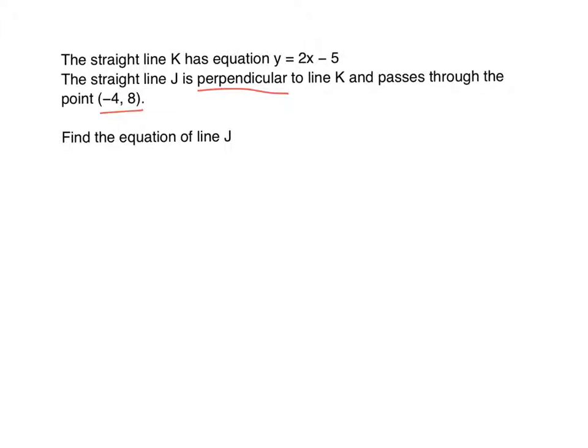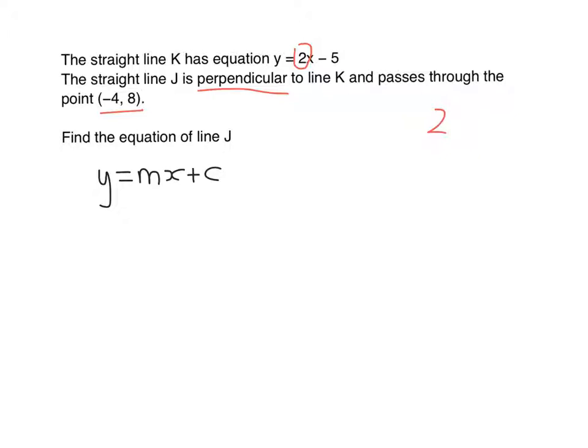So the general equation of a straight line is y equals mx plus c, where m is the gradient and c is the y-intercept. Now, if J is perpendicular to K, then the gradient will be the negative reciprocal of the gradient of K. So if the gradient of K is 2, then the negative reciprocal of that is found